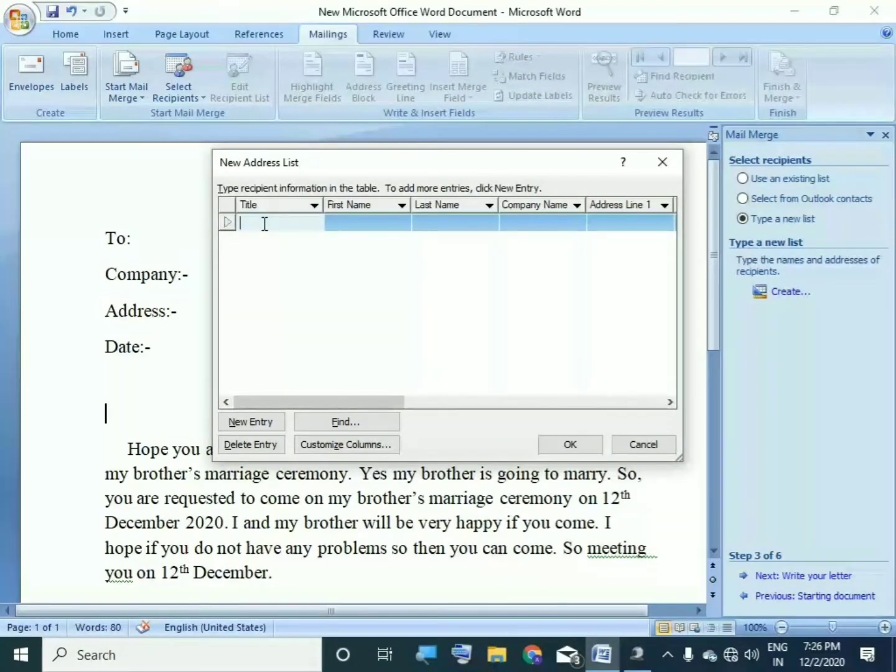So now we will give the title as Mr., then first name Raj and Malhotra. So now company name, we want company name which we will get as postal department.